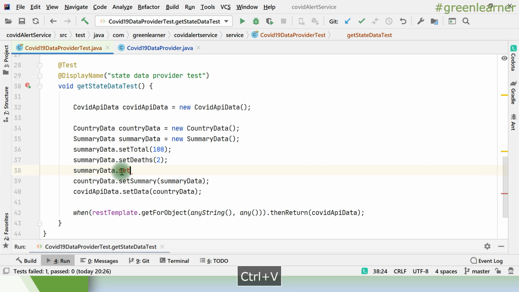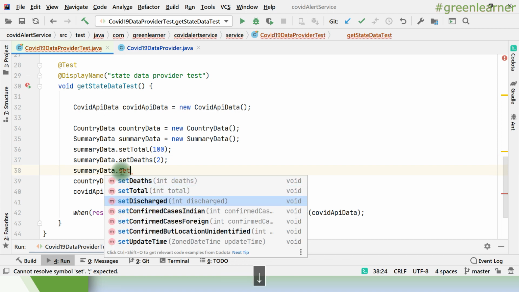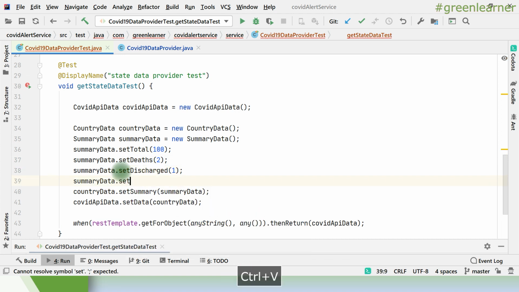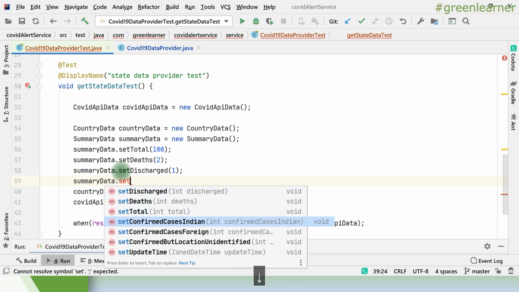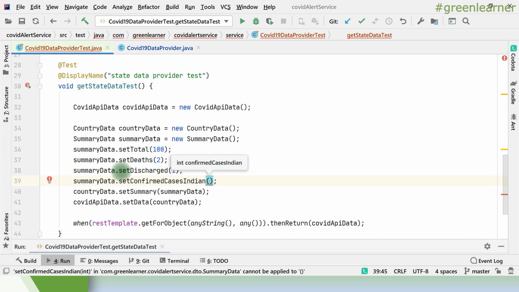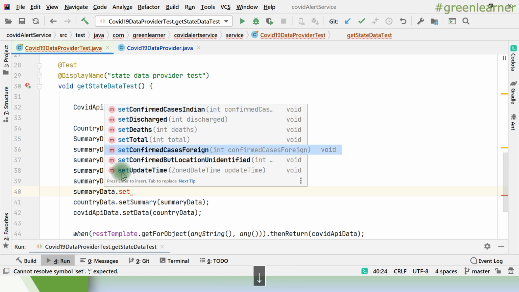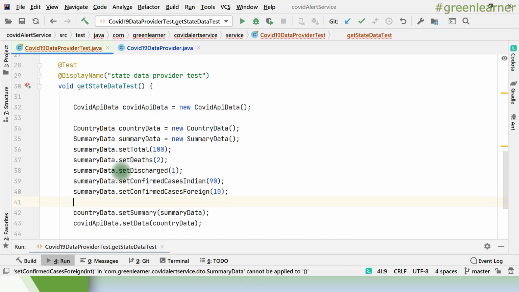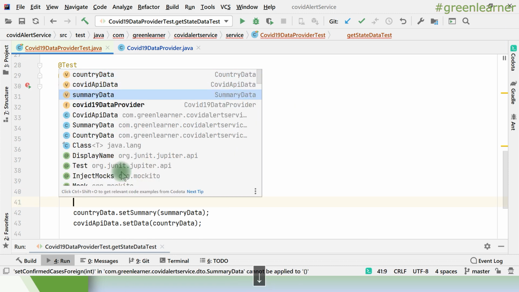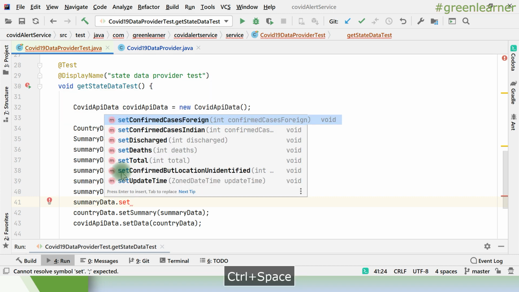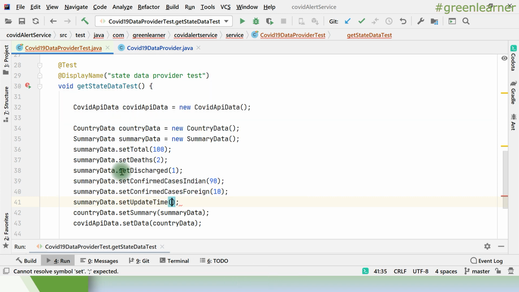So I have to set discharged 1, confirmed cases Indian 90, cases 4 and 10, and then the last one is the update time.